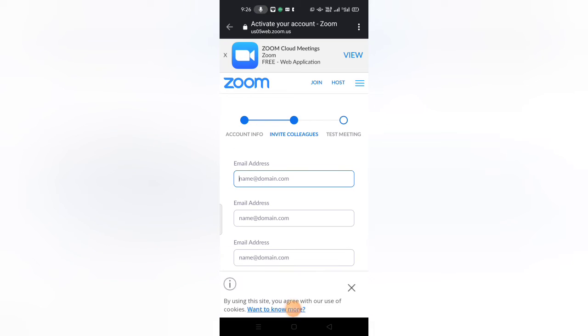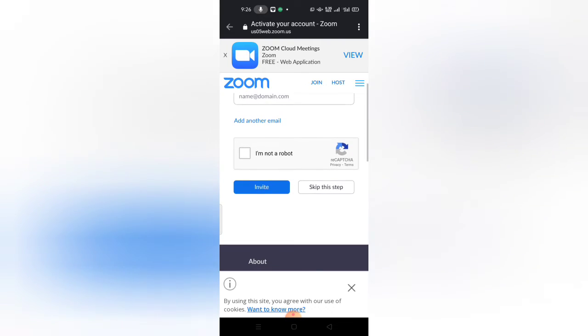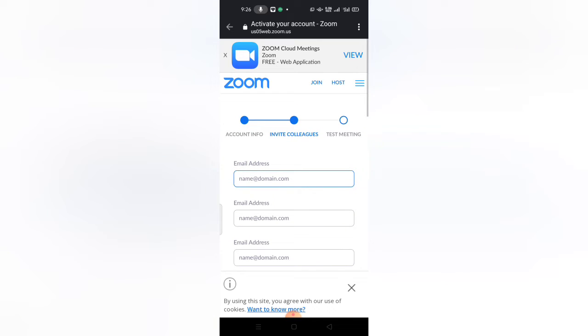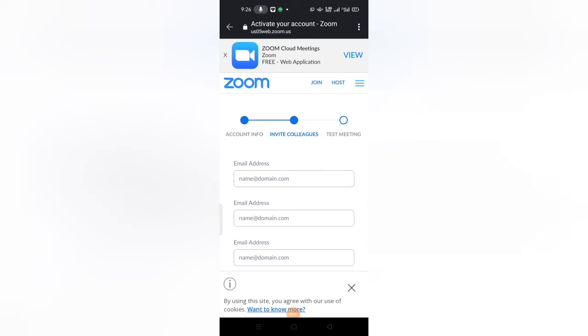After this, we'll see such an interface. So this is the email address and much more information. Here is also an email address, and that is the test meeting. We have to skip all these things and simply click on the upper side where it says Zoom Cloud Meeting. This would redirect us to the Zoom application. So we go view,